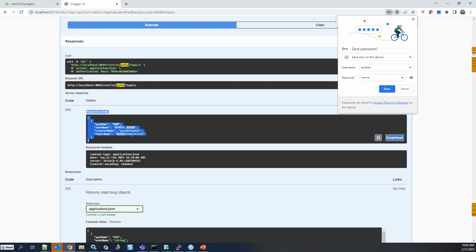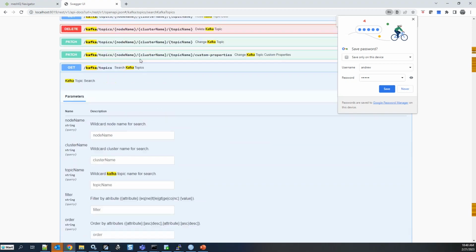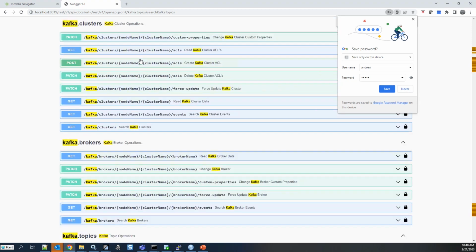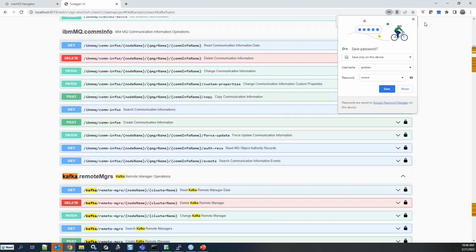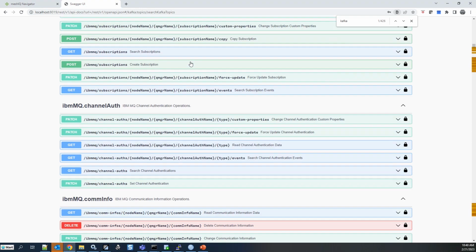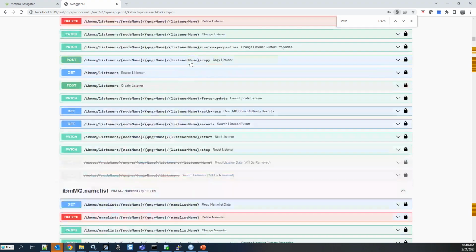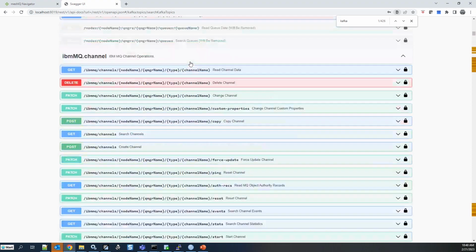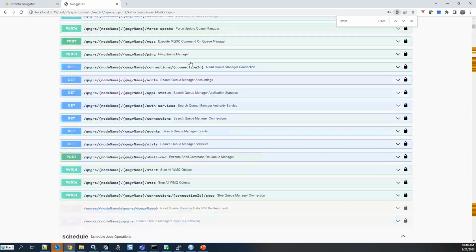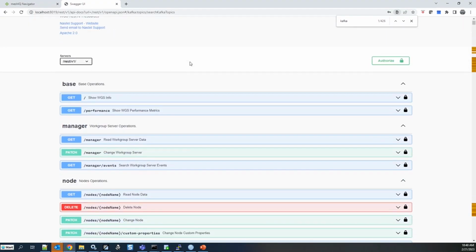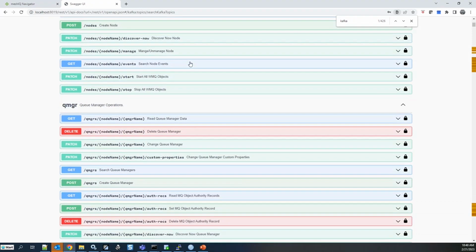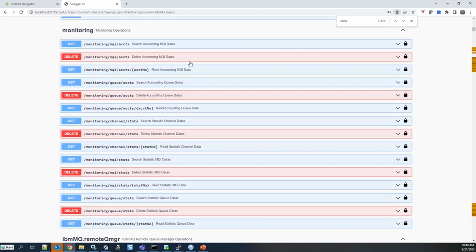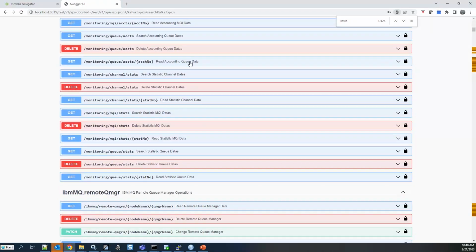And again, if I were to drill down in here, you can see all of the objects, all of the things that we had. I've only done a very short demo of capabilities, and as you see here, all of the objects that are out there, we cover across the board.